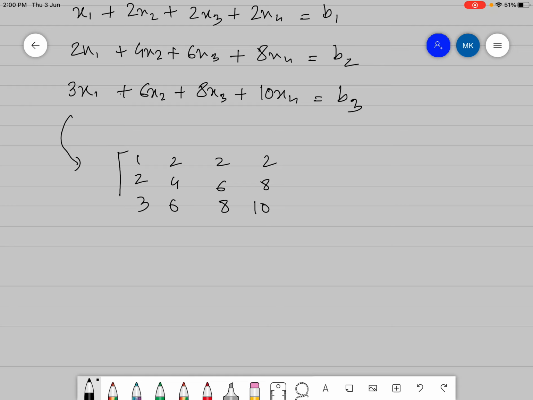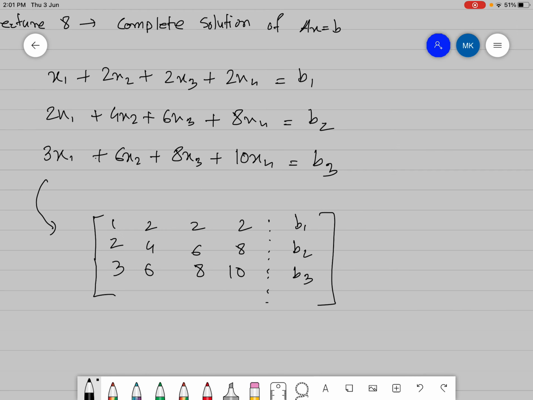To augment it, you just need to connect the right hand side. My question here is, can we solve this linear system for any b1, b2